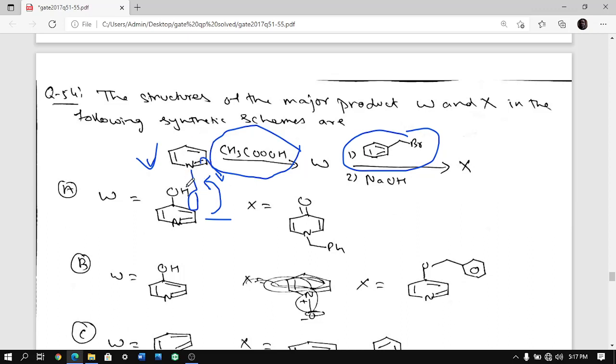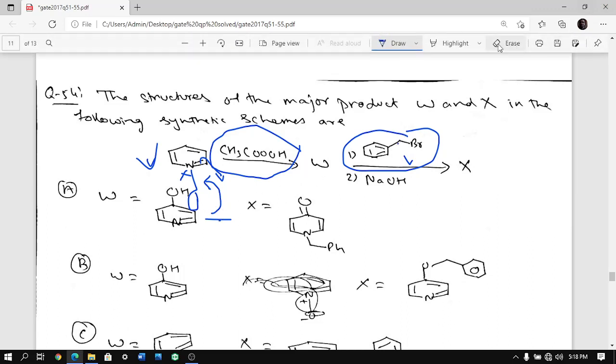Actually that's what should happen. If only pyridine was there, then electrophilic substitution happens on the meta position, but when oxygen is there, then it happens on ortho and para, because it donates electrons. You have N plus also here, but the thing is, it is an electron deficient center. This O minus is a very powerful nucleophile, and this is a special reaction where this O minus actually attacks on this carbon.